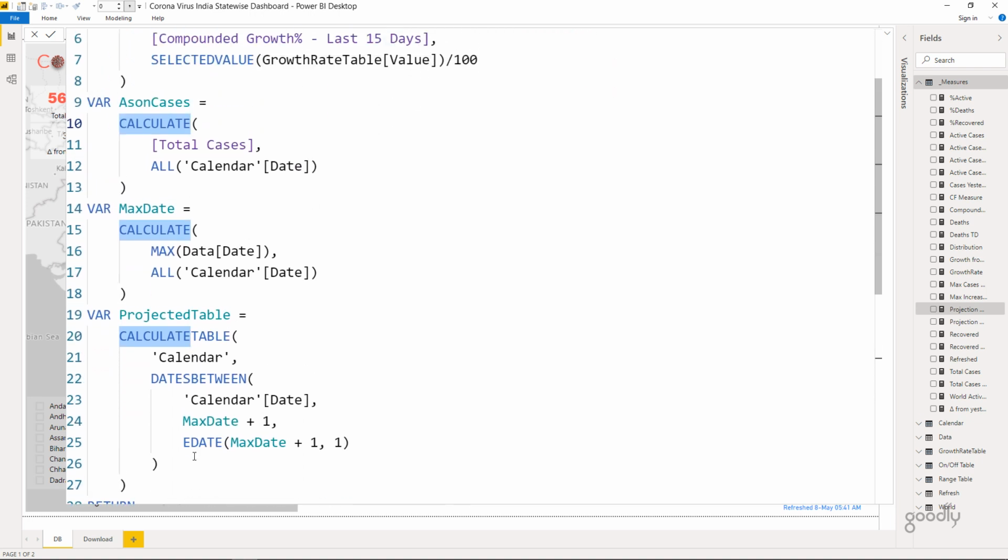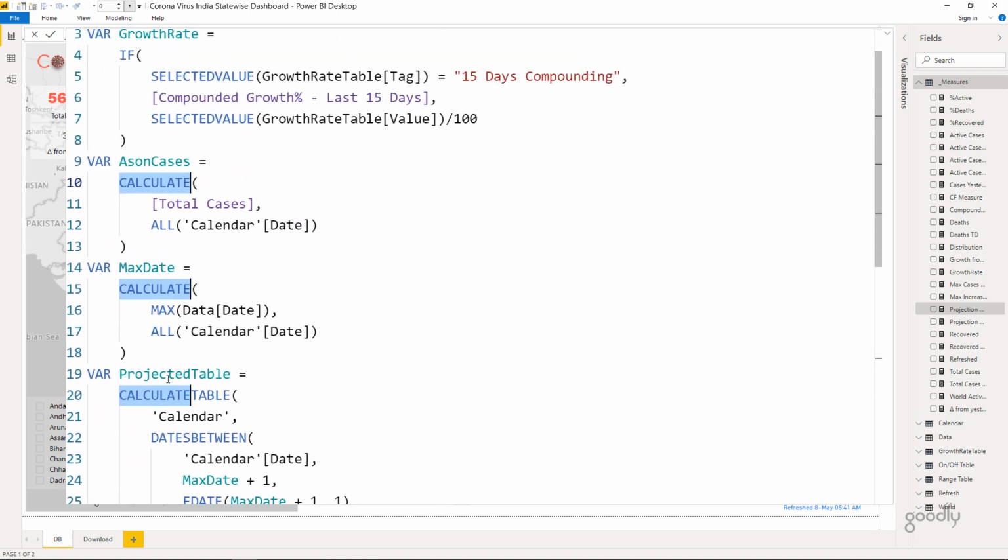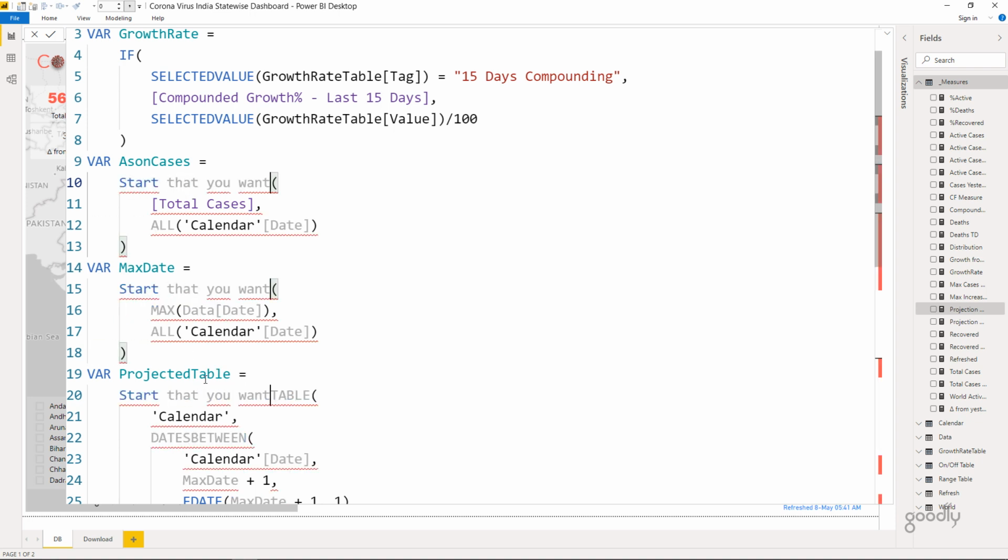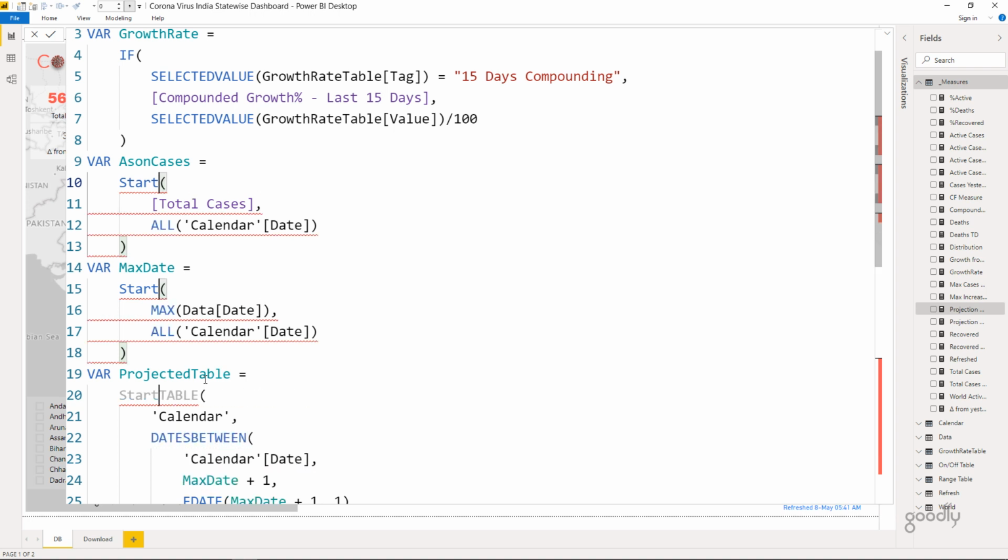Note that it's also going to find the word calculate from the entire word calculate table. So beware of that in case you don't want to change that. And then of course, once all of this is selected, you can start typing anything that you want, and this is going to change. But let's say if I don't want to do that, and let's say if I only want to replace the first calculate and maybe the next calculate.